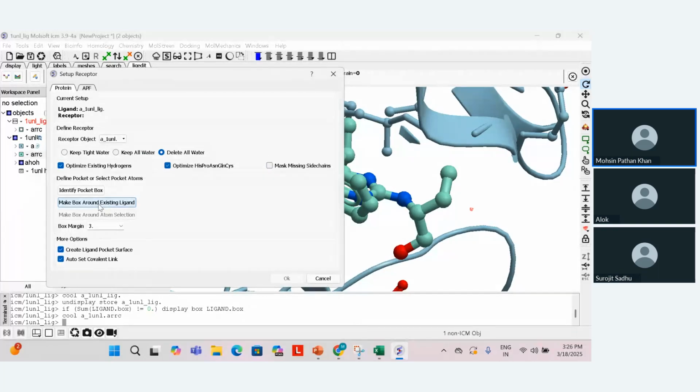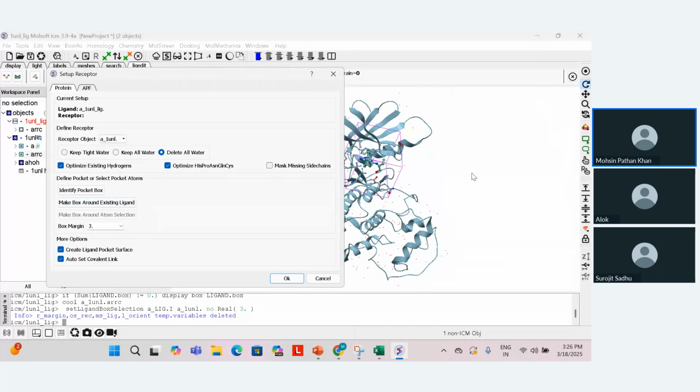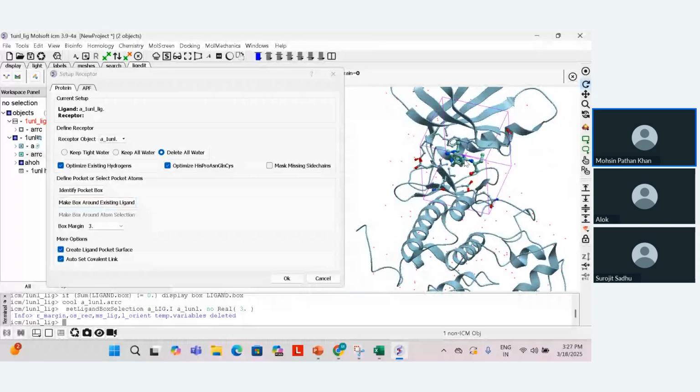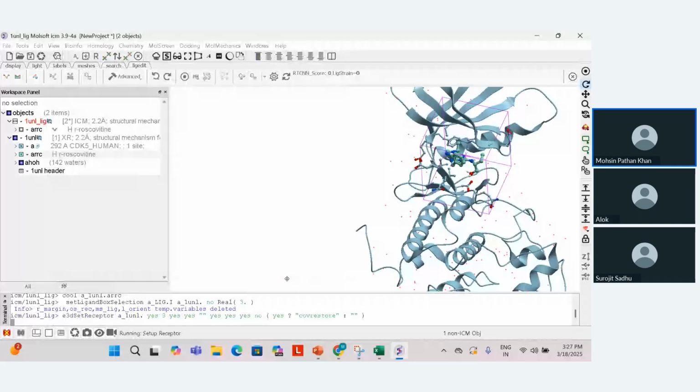And then you just have to press this button here, make box around existing ligand molecule, and it will create a grid box around your co-crystallized ligand molecule in the binding site of the protein of interest. If you want to increase the size of this generated grid box, you can increase the margin. This particular box is around 3 angstrom. If you want to increase it to 5 or any other value, you just have to type it over here, and then press OK,